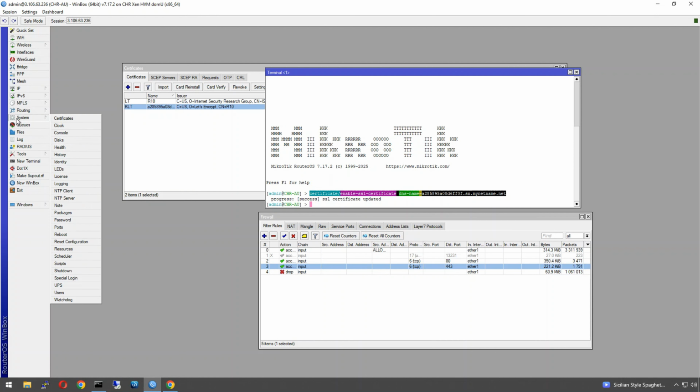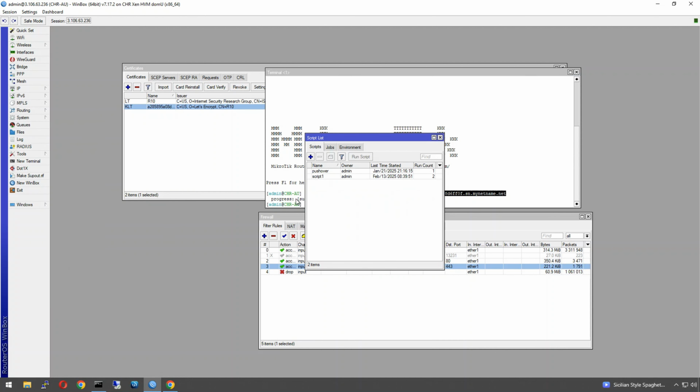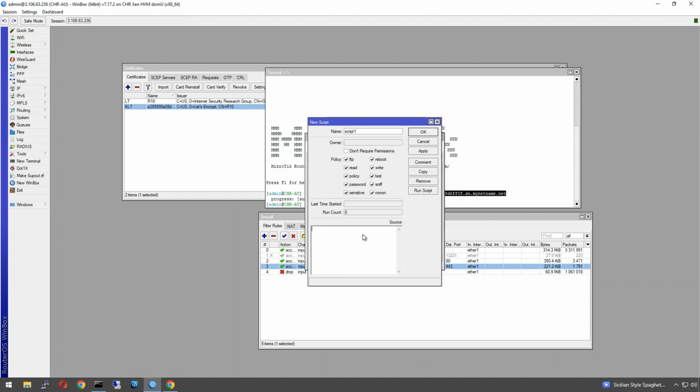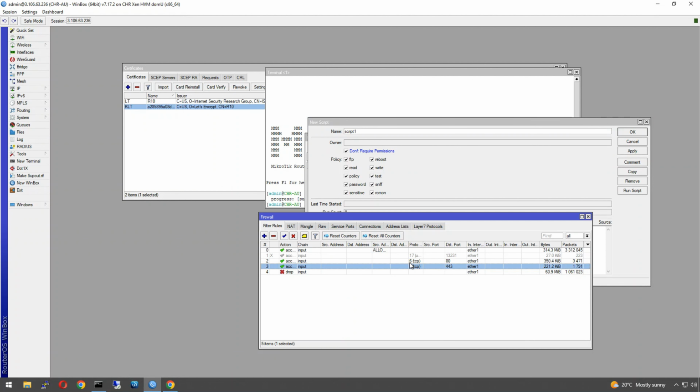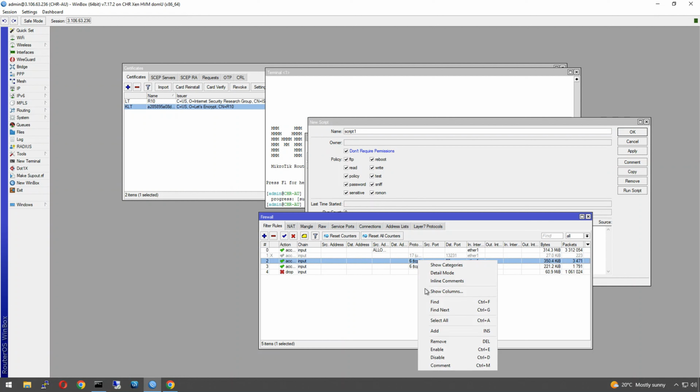which we can do in a system. Well, first of all, create a script. Get rid of these two because these are old from other demos. So paste the script in there. Okay, don't require permissions, tick that. Okay, and what we're also going to do is I'll show you how to get this to enable and disable each time. So what we'll do is we'll go,